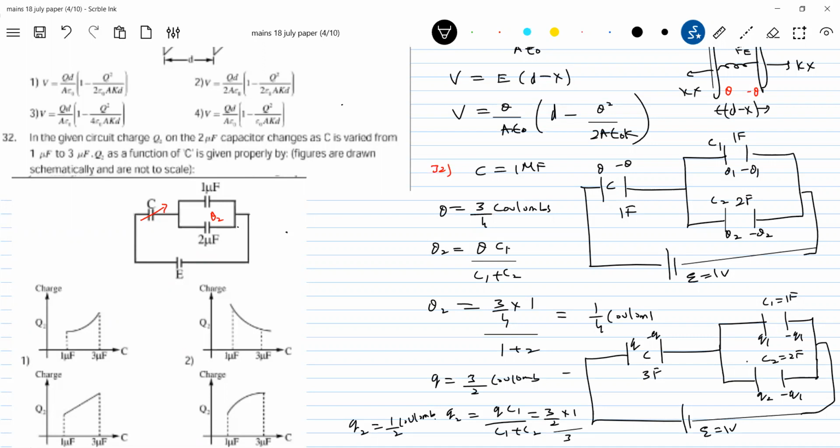Expression for charge Q2 as a function of capacitor C. If you bring that, then looking at that equation, you have to check the slope. From the slope, you can pick up the graph. It is increasing, I'm sure. The mathematics, you have to bring it. Okay, can you do that? So the same thing here, instead of assuming now, don't assume any value. E equal to 1, if you want, you can assume it.